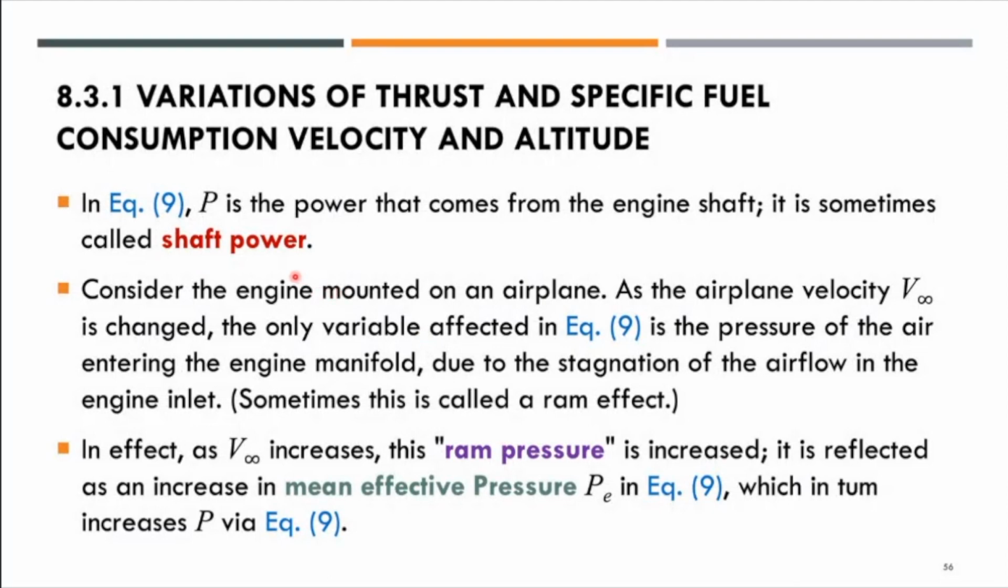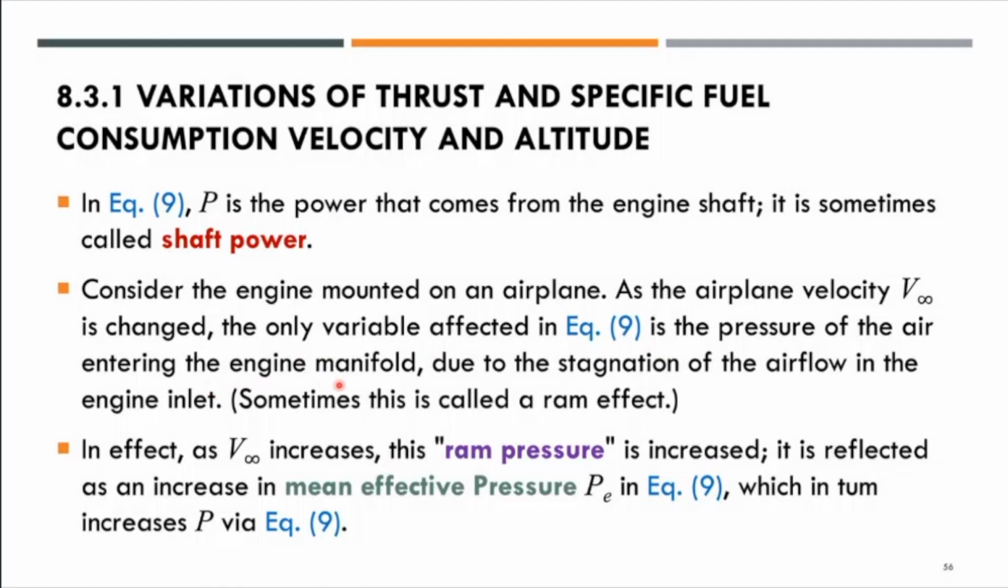So, if we look back at equation 9 just now, the P is the power that comes from the engine shaft, and it is sometimes called the shaft power. Consider the engine mounted on an airplane. As the airplane velocity V infinity is changed, the only variable affected in equation 9 is the pressure of the air